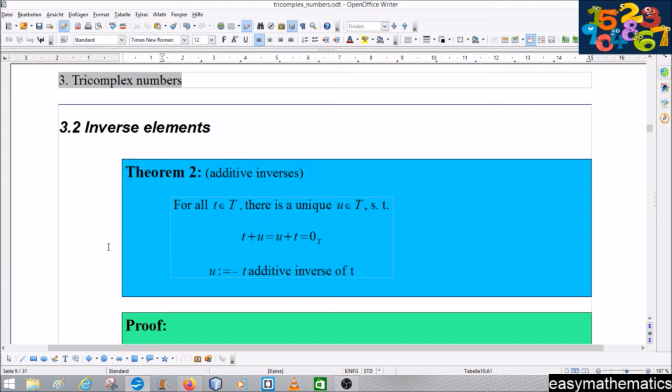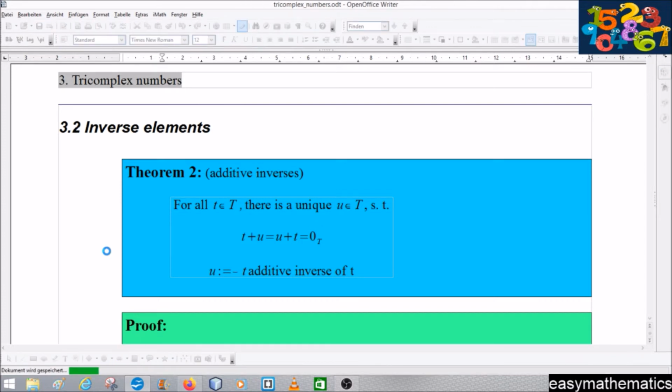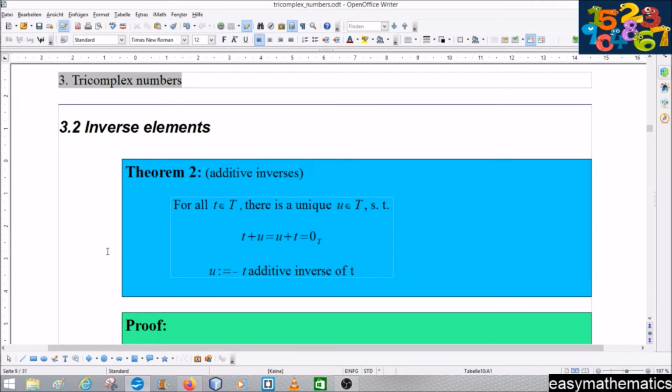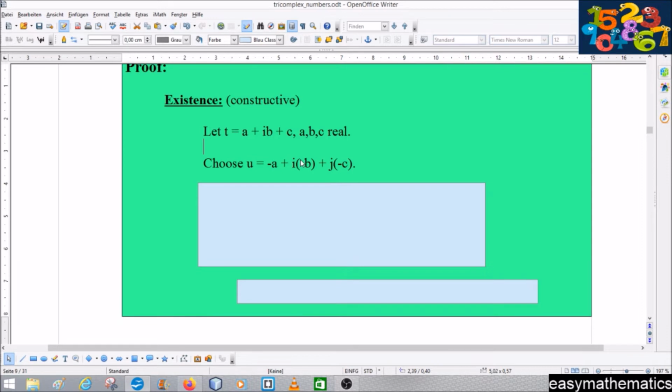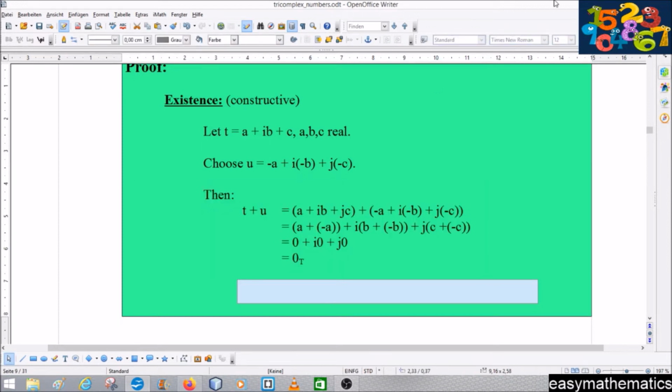such kind of theorems, where it is said there is a unique element which satisfies some properties, we have to show two things in the proof, and the first thing is the existence, and in this case we make the existence constructive. Yeah, we let t be a tricomplex number of the form a plus i b plus j c with a, b, c real numbers, and then we choose u as minus a plus i times minus b plus j times minus c, and then we see if we